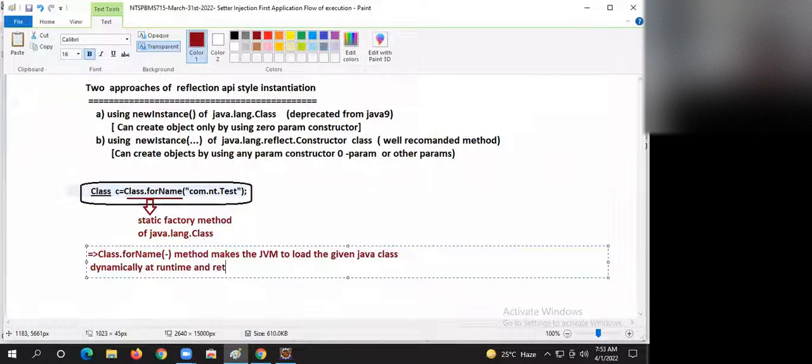Listen, very, very important. It loads dynamically at runtime if it is not already loaded. If it is already loaded, just ignore this. If not already loaded,